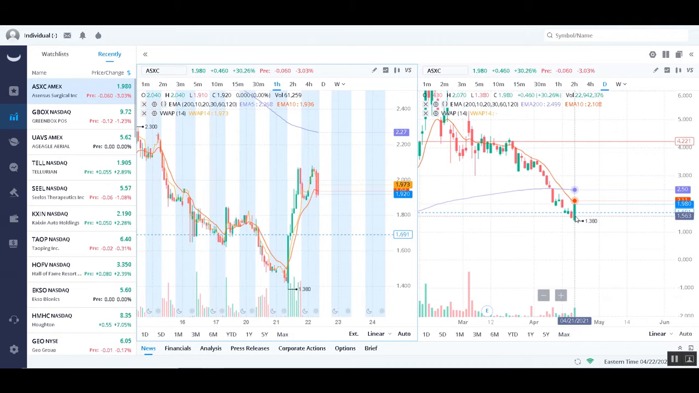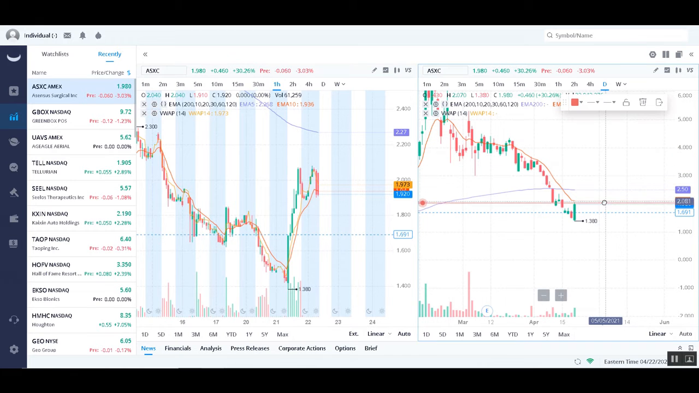It's a first green day where the high of the day fully extends over the high of the red bar, and the volume is higher than the volume on the red bar. And as a trader, how would you take this opportunity to get in? You can look at the possibility of a breakout above the high of the day,